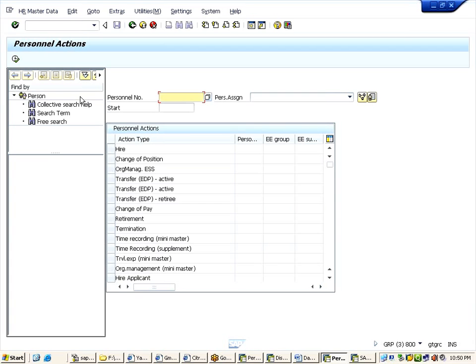Like organizational assignment, personal data, permanent address, planned working time, and basic pay.